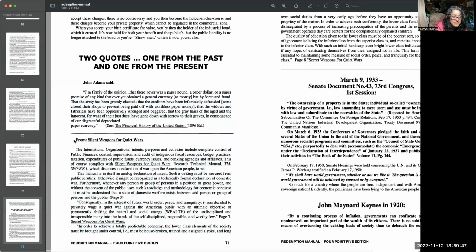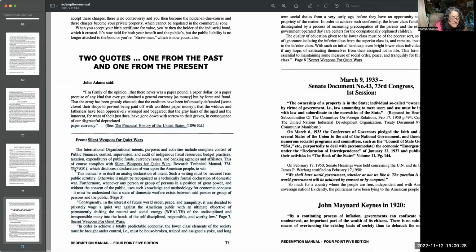1896 edition. Oh, and here's a book, Silent Weapons for Quiet Wars. I have this little book. The international organization intents, purposes, and activities include complete control of public finances, control, supervision, and audit of indigenous fiscal resources, budget practices, taxation, expenditures of public funds, currency issues, and banking agencies and affiliates. This, of course, complies with Silent Weapons for Quiet Wars. Research Technical Manual,